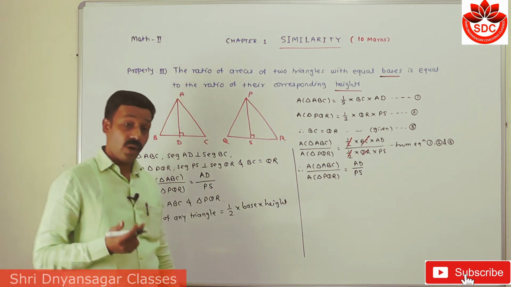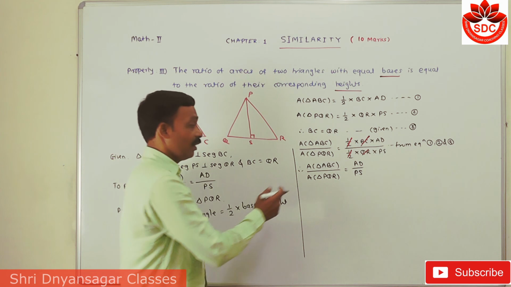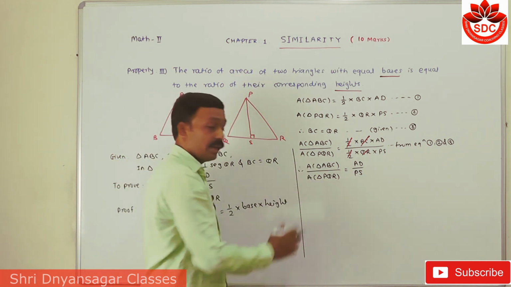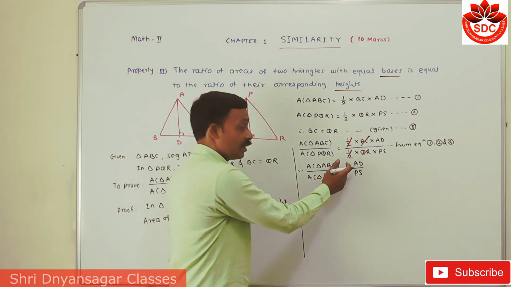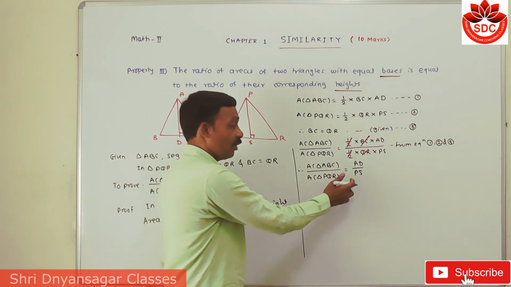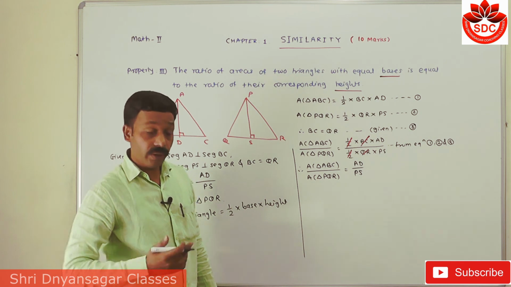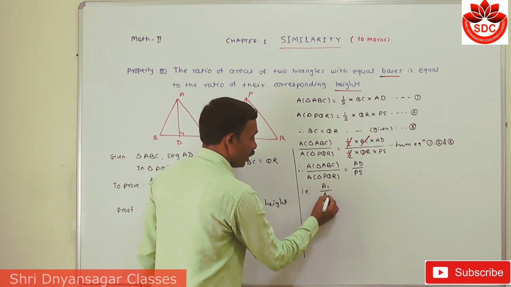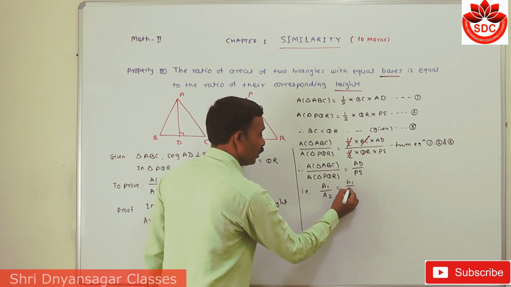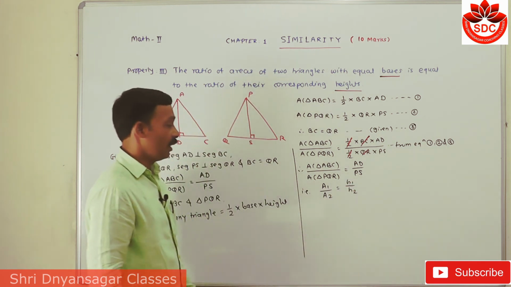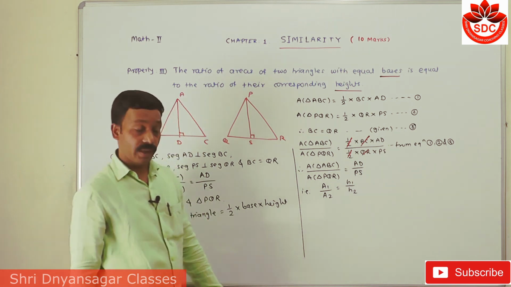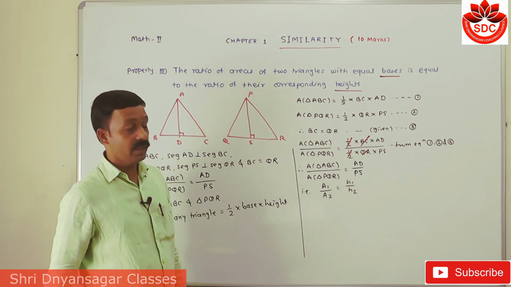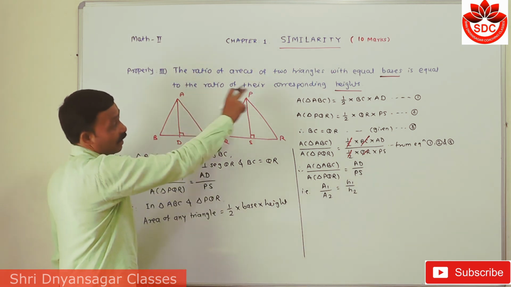Okay. Now, in short, suppose that we write the area of triangle ABC as A1, the area of triangle PQR as A2, the height as H1, and the corresponding height of the other triangle as H2. Then we write A1 upon A2 is equal to H1 upon H2. We take this ratio for solving the examples also. Then we always write the answer in a full sentence. Now we write this sentence again here.